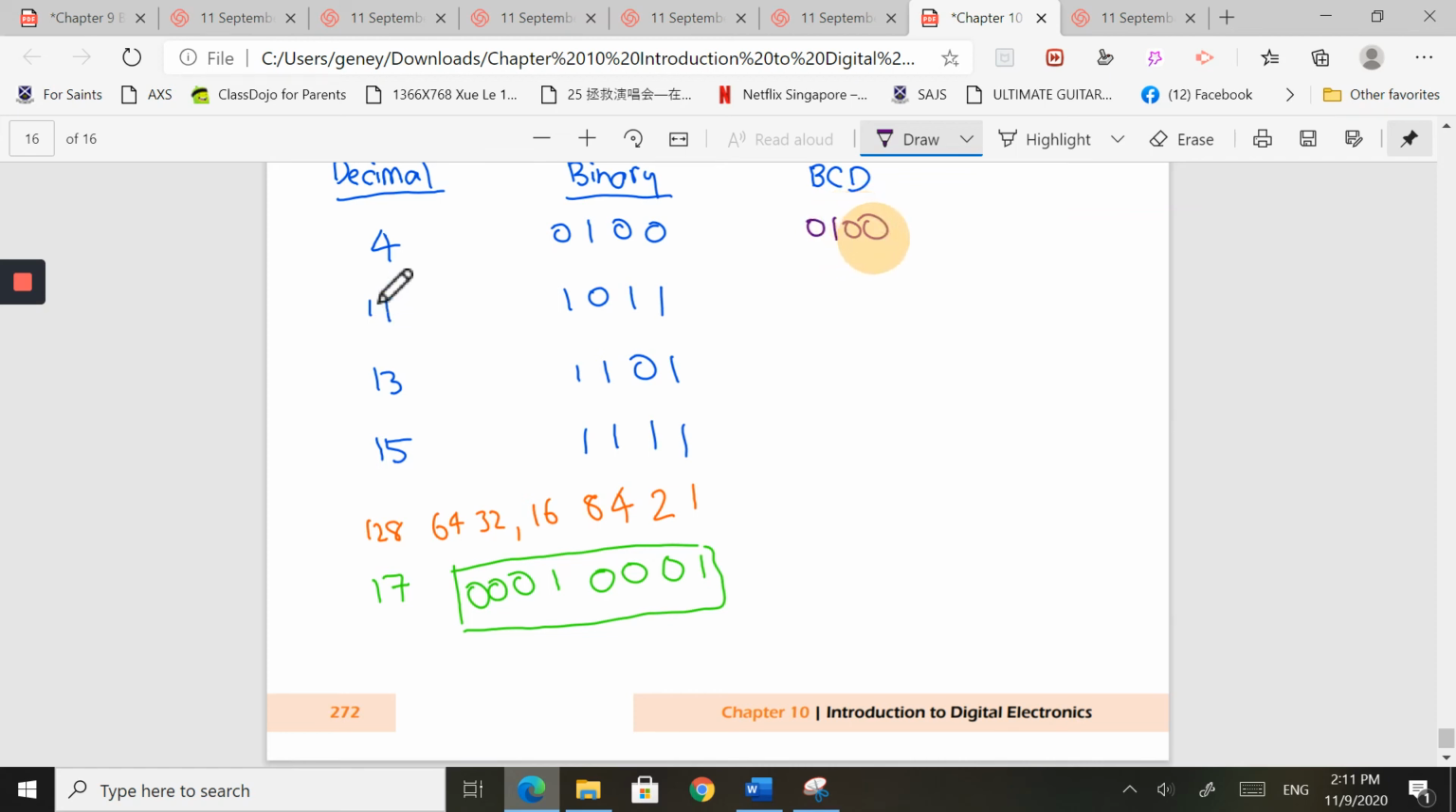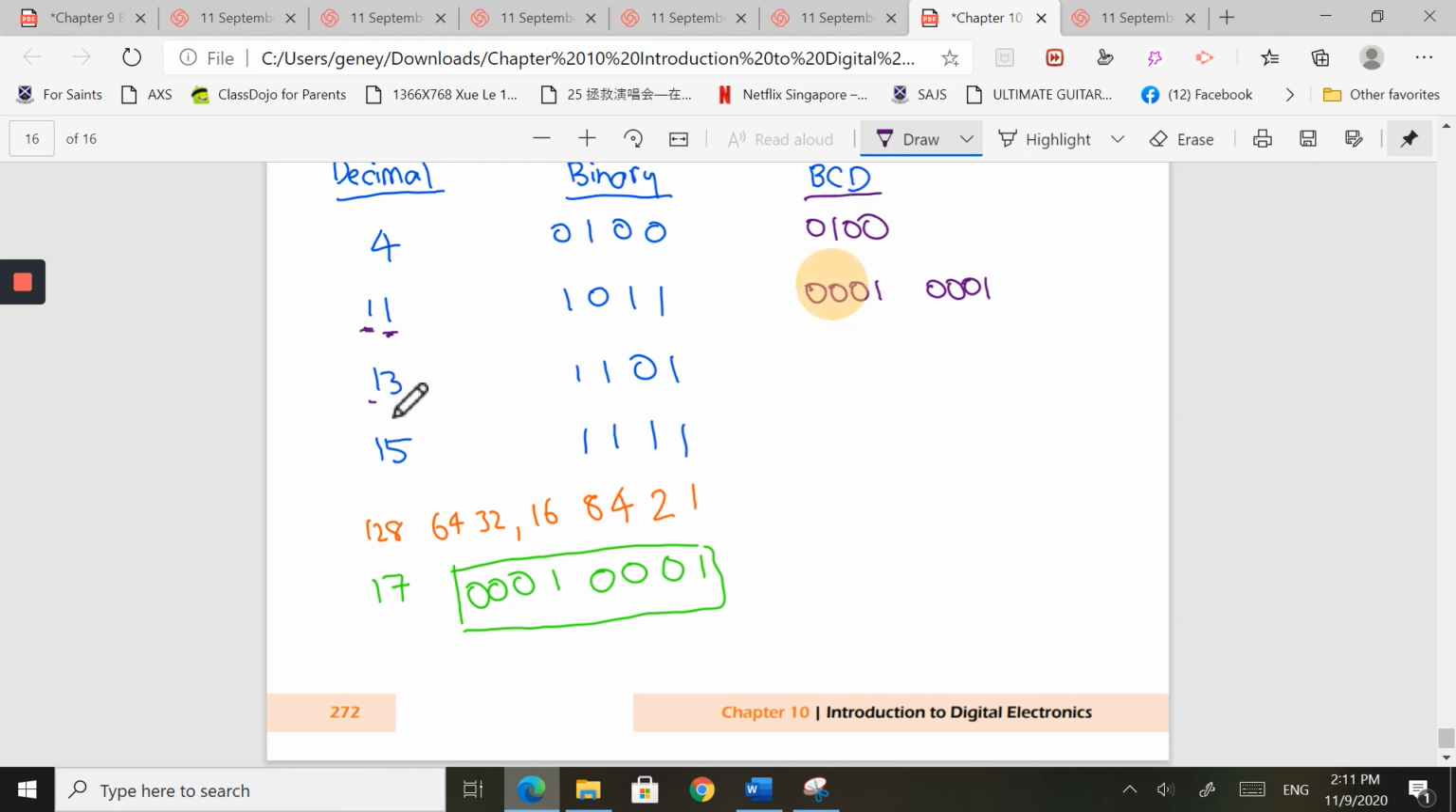Yeah. So 11, I need to take each number 1 individually. So a 1 in binary is 0001. So this is the first one. The second one is also another 0001. So each decimal digit will have its own 4-bit binary equivalent. Okay, so if you're still confused,